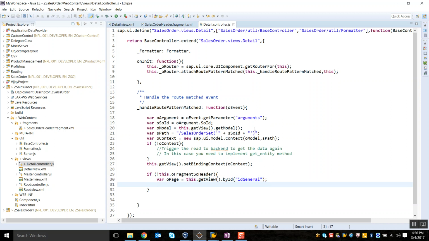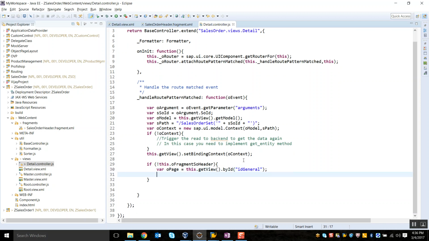So with this ID, I'm going to get this page instance, and then from here, I'm going to instantiate the fragment where I'm going to say this.oFragmentSoHeader is equal to